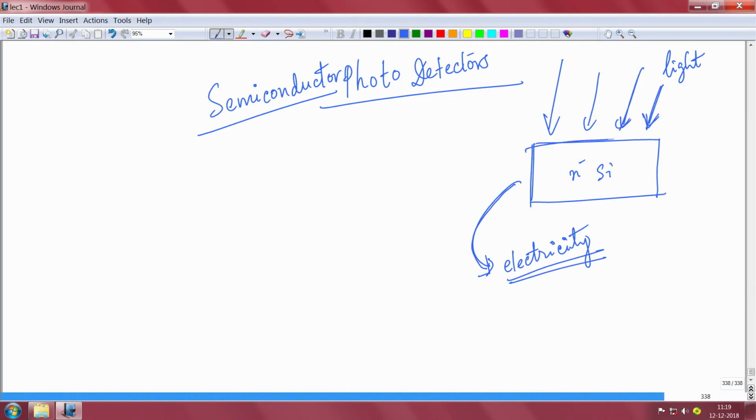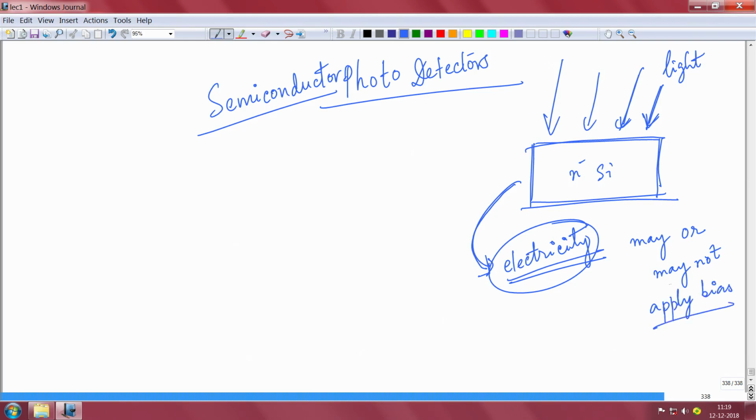Of course, the material will be sensitive to only a particular range of wavelength. So you want to detect some particular range of wavelength, and you can choose a material of the appropriate band gap, for example. The electricity that you get should ideally be very small, because it has to be a very sensitive photodetector. You should be able to detect even faint light of any wavelength. And photodetectors, I told you, need not necessarily be a PN junction. You may or may not apply bias, depending on the geometry of the photodetector, unlike solar cell where you definitely don't apply bias yourself. It will self bias depending on the load. And in photosensors, you may or may not apply bias, which means it may be photovoltaic in nature or it may not be photovoltaic in nature.